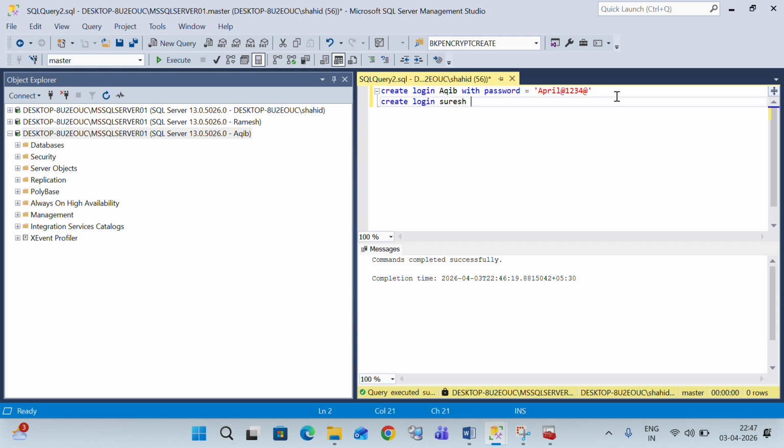Suresh from Windows. Okay, Windows there is a login, then from Windows you have to mention. Okay, you want to create this SQL authentication means you have to give it password. So this is Windows authentication and this is SQL authentication. So we are skipping this Windows authentication directly. We can enter to the